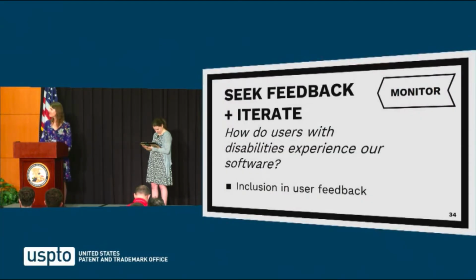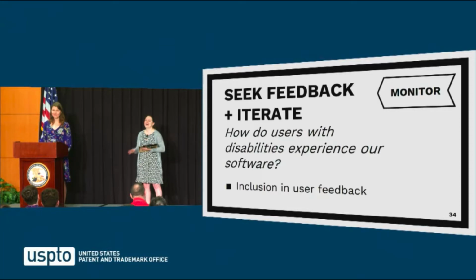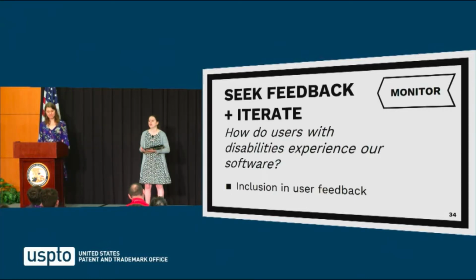Slide 34. So seek feedback. How do users with disabilities actually experience that software? Include users with disabilities in the feedback. Please, and this is kind of for the federal government people, please don't use employees that use assistive technology as the user testers. It's not their job, unless it's their job. I cannot tell you the number of requests. I mean, if their job is to be a lawyer, they're a lawyer who happens to use a screen reader. If they're an investigator, they happen to use Dragon.